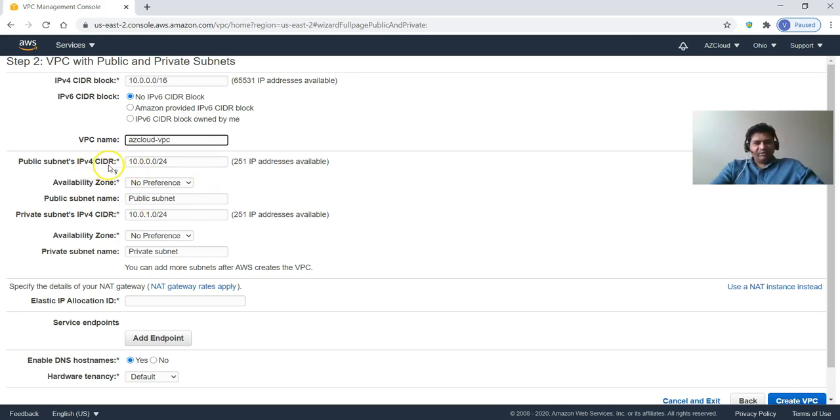Okay, so I'm going to have my public subnet, which is going to be 10.0.0.0/24, which is going to offer me 251 IP addresses, and that's cool with me because I'm not really hosting a lot of components which are going to need a lot of IP addresses. Mine is going to be a very simplistic setup, so this is cool. Availability zone, no preference. I can give a preference here. I'm going to select, say, 2A. Now, the public subnet is going to be named public subnet. Well, that's cool, but I am just going to name it as AZ Cloud Public Subnet, just to make it more